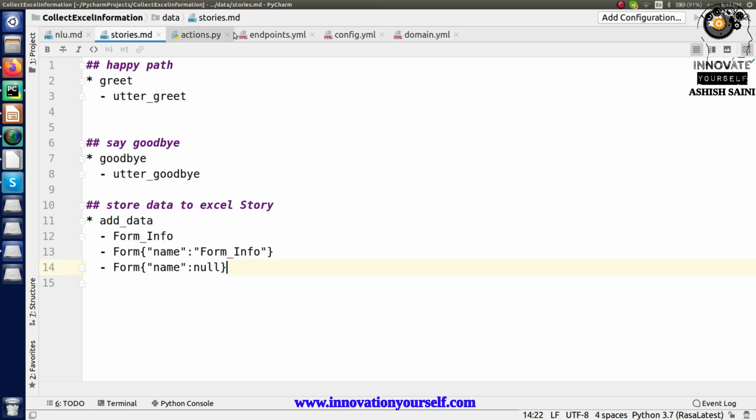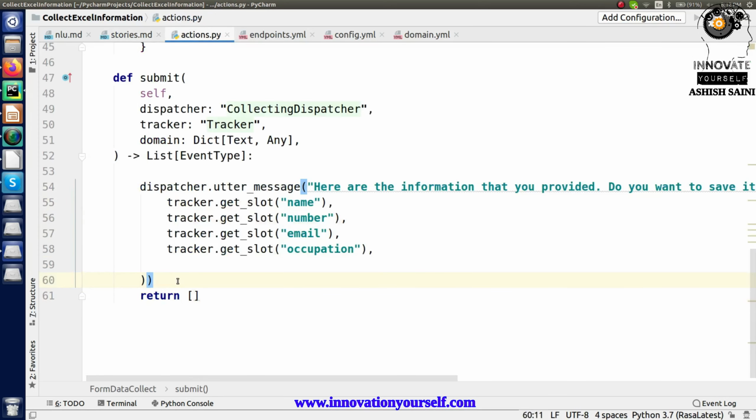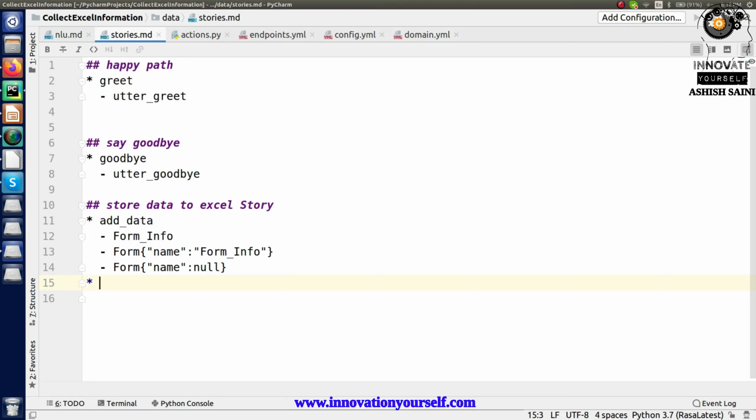Now here we know that when this question is asked to the user, the user will say yes, no, or something. That means simply the affirm and deny part. So this is how your user can reply. So I can create two stories for that, right? Because right now I'm having two parts. One is for the affirm, and for the affirm we are going to create one action, which we will create right now. But in case it's deny, I will simply call, let's say, utter goodbye.